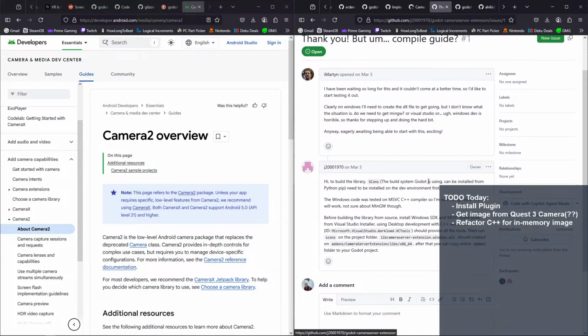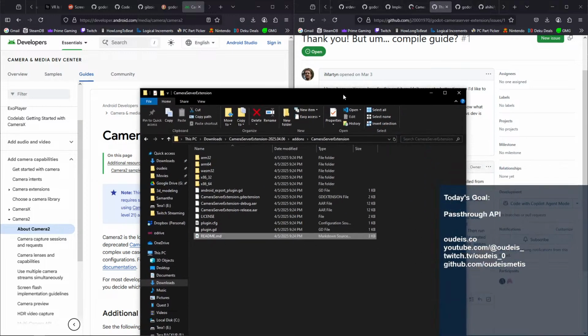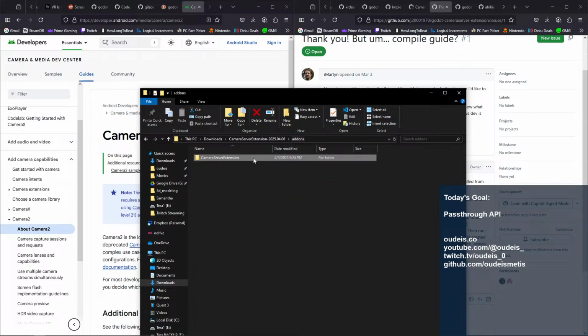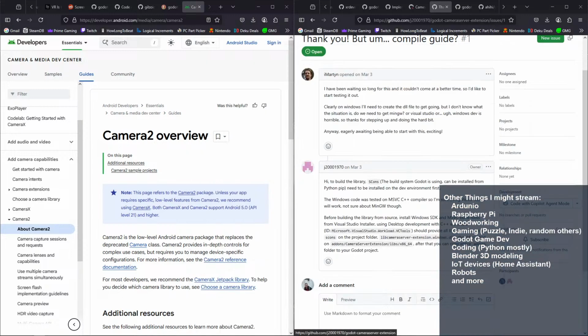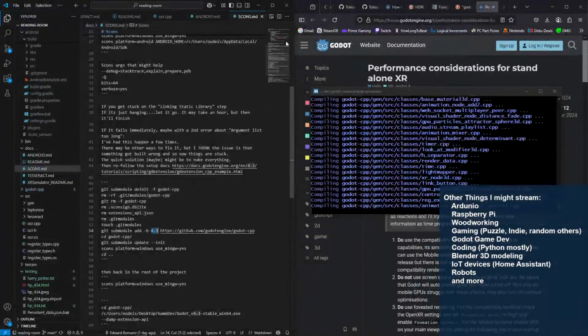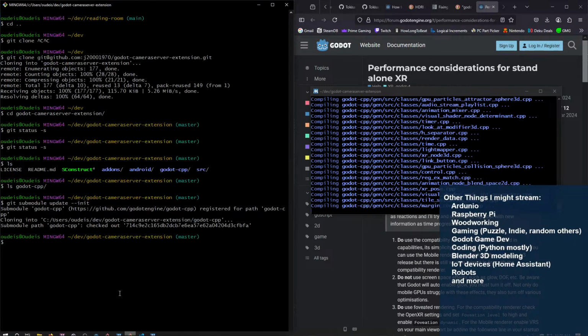Let's see. Then run scans on the project folder. So you copy the add-ons folder to your Godot project, is what he's saying, after it's done building. Which I guess means, I see. So he's saying, okay, so in theory, you would just take this whole thing and move it into, let me move this here. And move it into